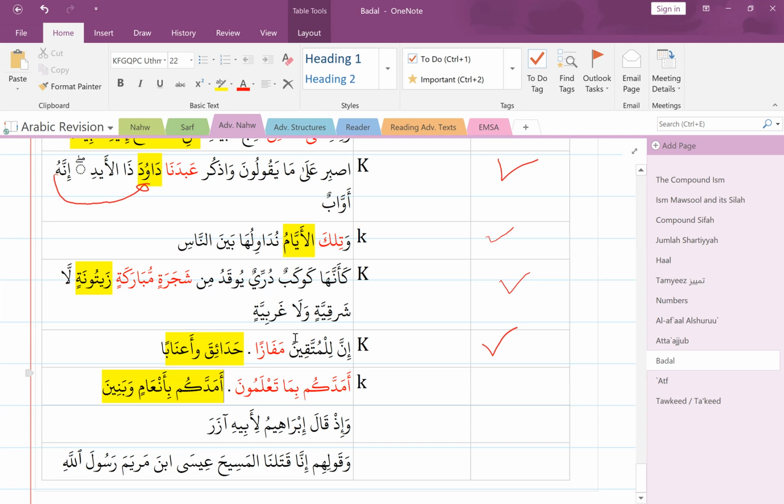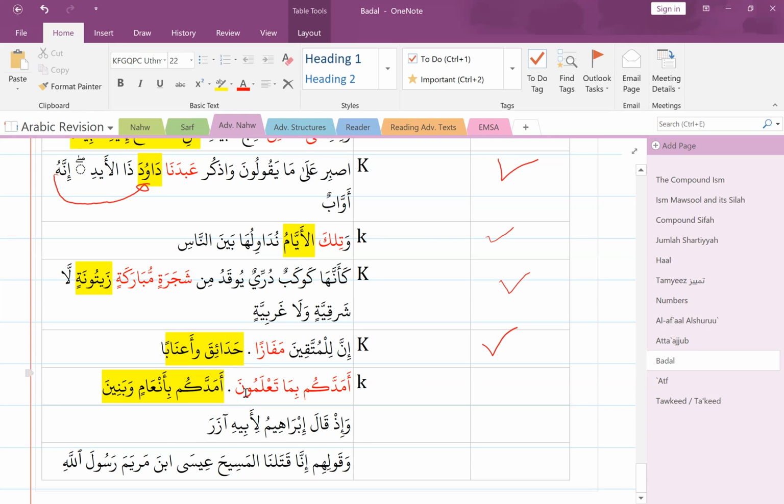Good. Can I ask a question here, Ilham? Yes, please. When we look it up in the tafsir app, will it say atuf bayan or will it say badal? And will it give us the distinction? Sometimes it does. If it's specifically atuf bayan and not badal, it would just say specifically atuf bayan. But most likely there's that overlap, and most of the time they'll just say badal. Or they can say badal or atuf bayan. They would give you that distinction depending. Sometimes they do, sometimes they don't.